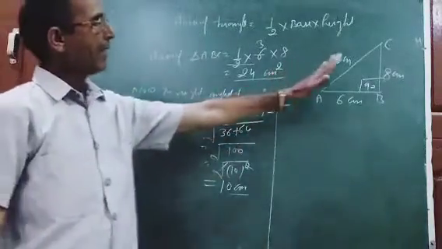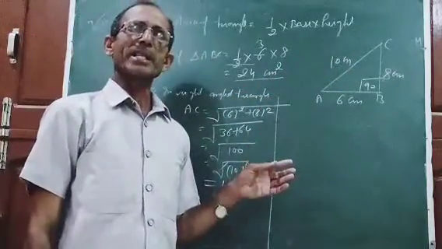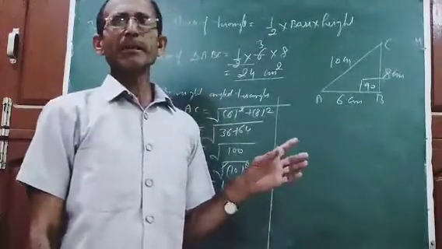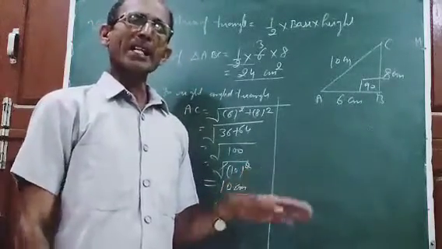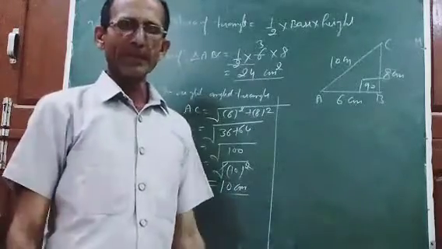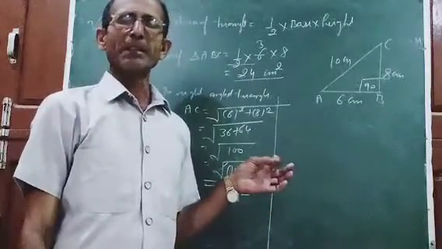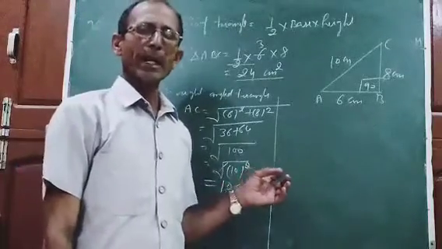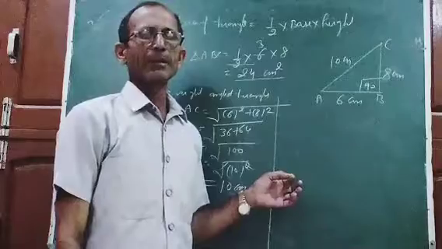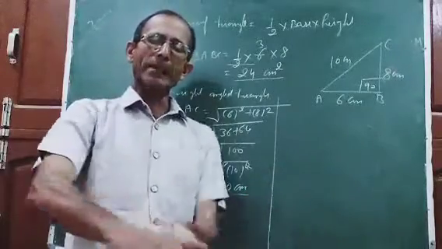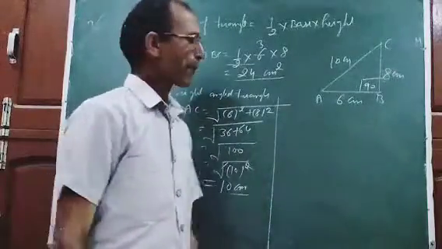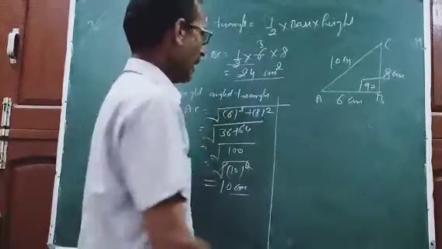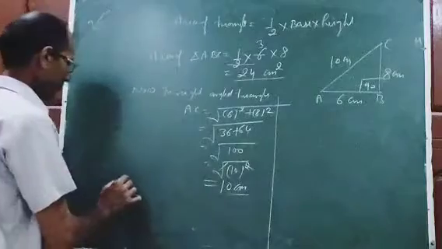Okay. Now I will find the area of this triangle by using Heron's formula. This is a new formula for you. So this can be applicable to find the area of any type of triangle. It may be isosceles, it may be equilateral, it may be scalene, or it may be right angle. So this formula is beneficial to find the area of every type of triangle. Now all the three sides are there. So what is Heron's formula?